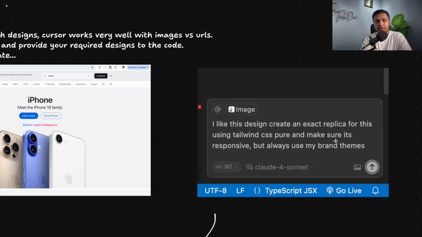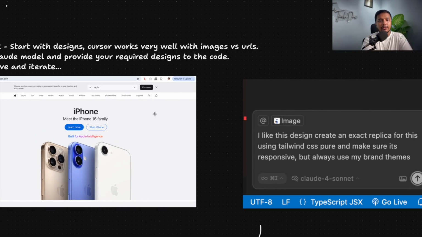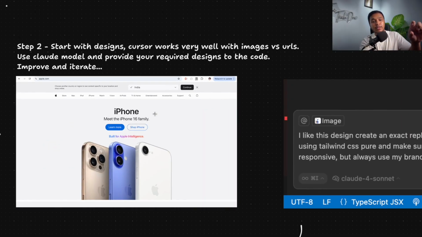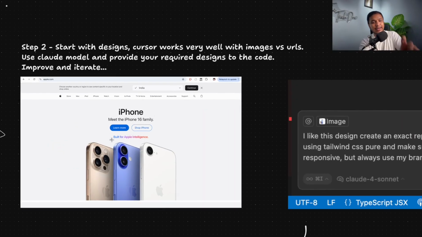Now, talking about the model, don't select auto model while designing, because if you select auto model while designing, it won't give you good result. Only use auto mode for very small tasks like creating a sign up form or things like that. Other than that, when you're creating the main first page, main home page for your brand theme, always use Sonnet 4. After you have created your first screen, then you can provide references that now let's create a sign up screen based on my theme from home page. That is how you connect the context and complete the entire design.